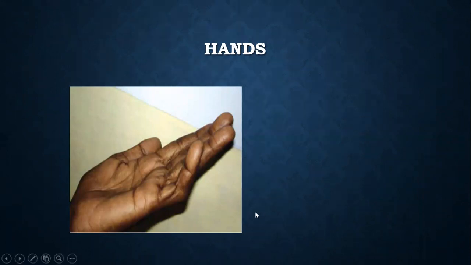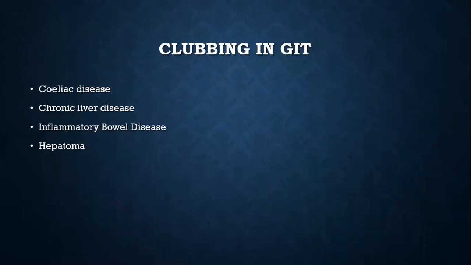You can see very well the fourth finger and fifth finger are flexed here. This is a Dupuytren's contracture, which is an idiopathic contracture occurring in the limbs. It can occur in many conditions, but in GIT specifically, it is one of the peripheral signs of chronic liver disease. One explanation told for this Dupuytren's contracture is that excess estrogen occurring in liver cirrhosis can lead to it. So after finishing the hands, we can look at the nails.